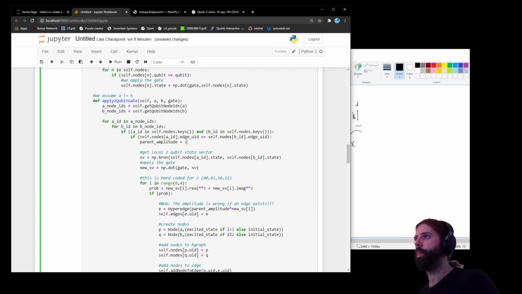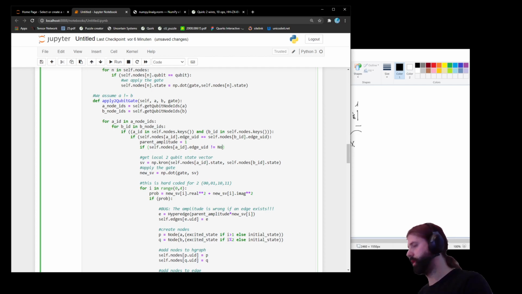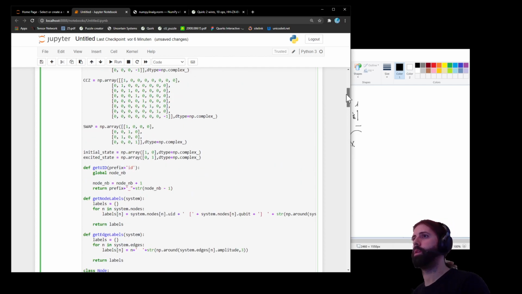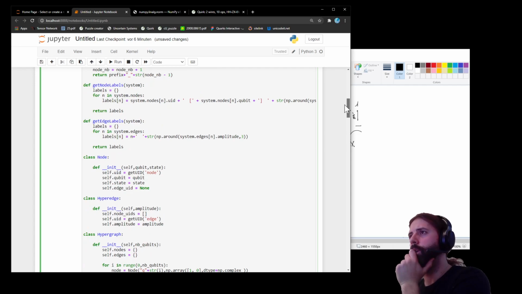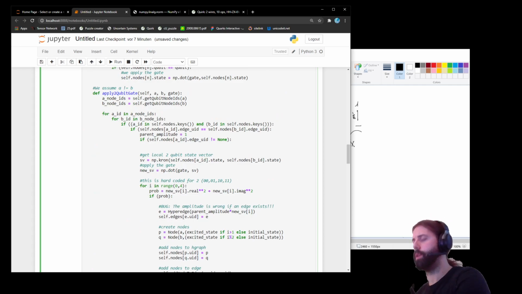And if this is an actual number, so if this doesn't equal none, right? Because I think the initial state is none. It means that they are not. So if this is different than none, then parent amplitude equals self